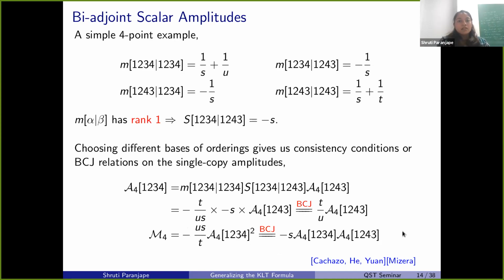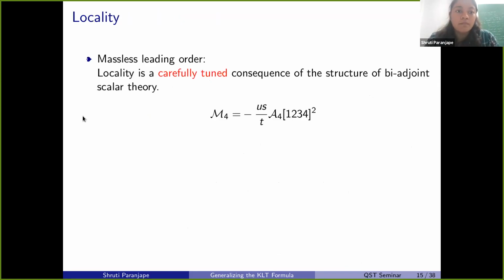Now, one thing that's interesting is how locality arises when you do such a map, because when you square an amplitude like this, something very bad happens to its pole structure. You've taken an amplitude which was supposed to only have simple poles at, let's say, S equals 0, and now you've squared it, so now it has a double pole at S. But you know that if M4 belongs to a local theory, it's not allowed to have a double pole at S. So the kernel is conspiring to make sure that you don't get a double pole in S or